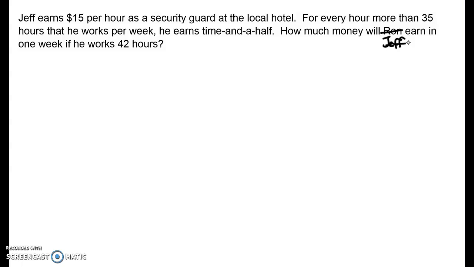All right, so he works definitely more than 35. So we can do that math work to find his salary. So for 35 hours, he gets $15 each hour. So that's easy to figure out. Those are his regular hours. Now, what about overtime hours? Plus, now, how many hours of overtime does he work? Well, it says he works 42, and 35 of them are regular hours. So if we do 42, subtract 35, which we know that's 7, but I'm going to show all our math,